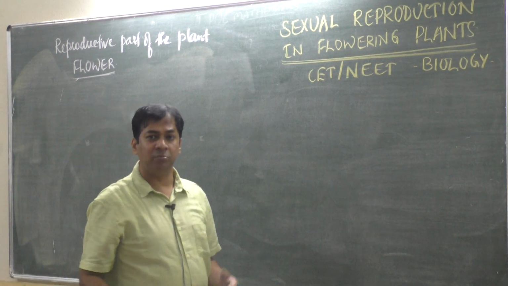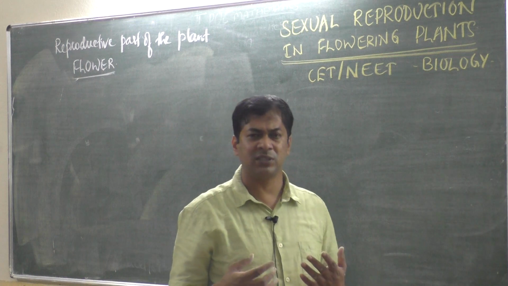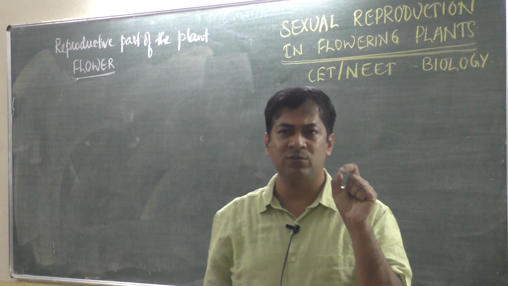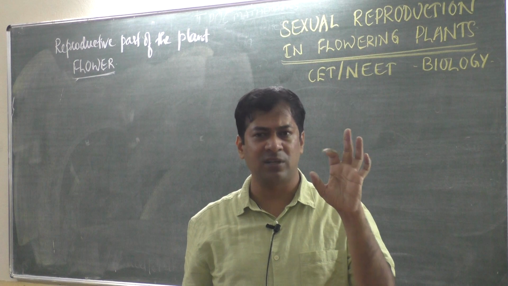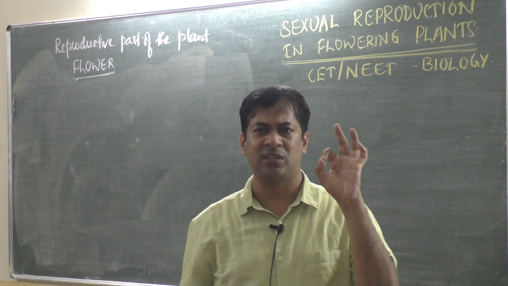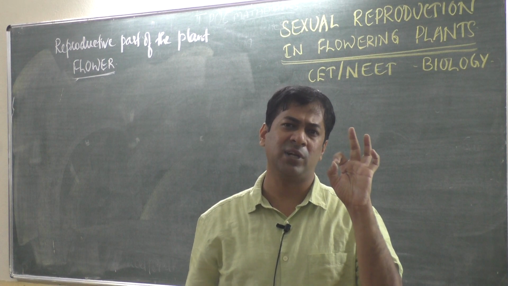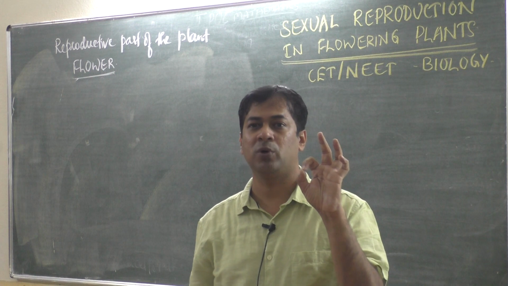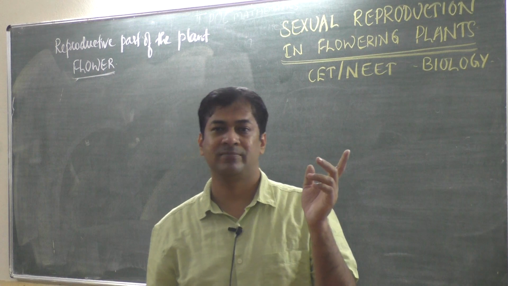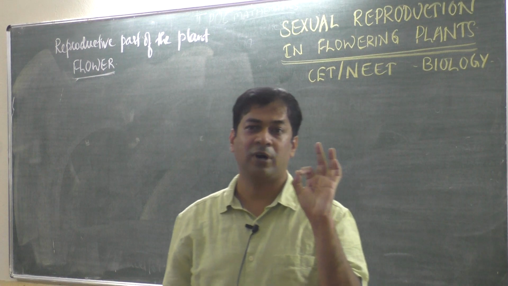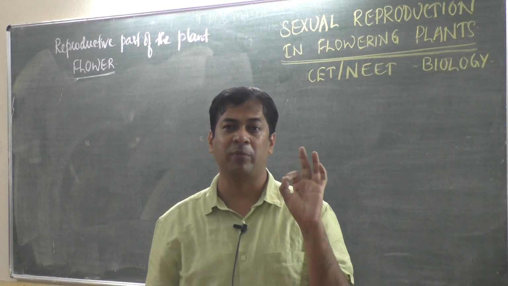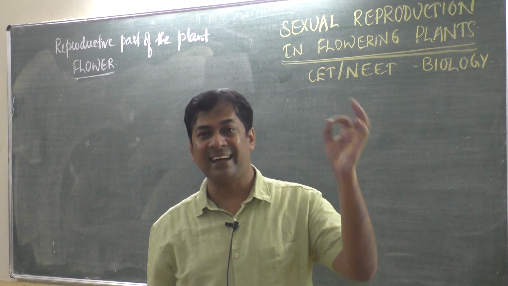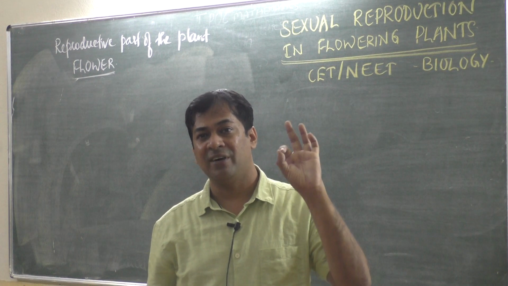What is the relation between the pollen grain and microsporogenesis? A pollen grain is a very small, dust-like structure, like chalk dust. As the size of the pollen grain is very small, it is also called a microspore. The other name for pollen grain is microspore. So this is the formation of pollen grains or microspores in the anther of a flower.